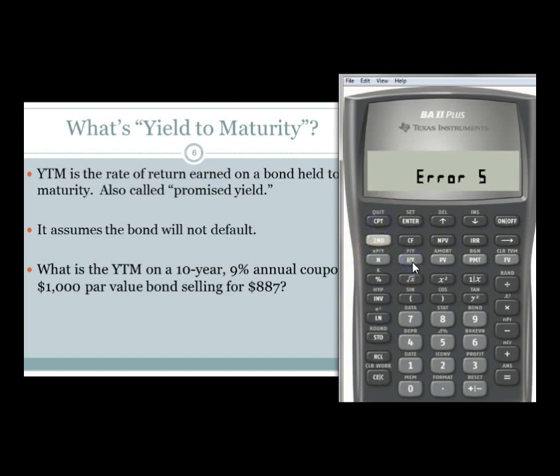Error 5. I did not do this for you in time value of money, but remember that I should with bonds. This calculator recognizes things in terms of inflows and outflows. So you have to tell the calculator what the cash outflow is because something has to be. Otherwise you get this error 5. So how do we fix that? We just make sure we enter the correct item. In this case, it's the price that the investor pays for the bond. Make sure you enter that as the negative. And voila,